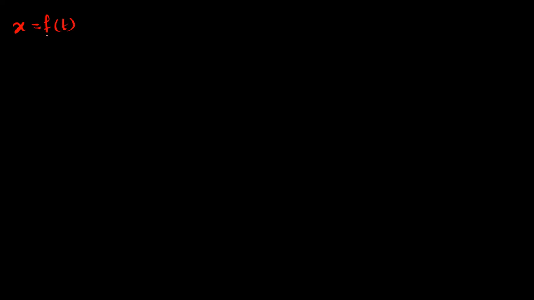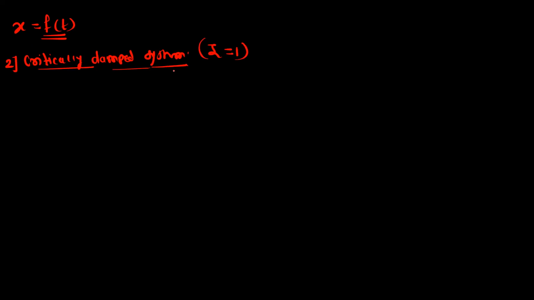So now we have just found out the complete equation for the overdamped system, which is x as a function of time. So similarly, for the second system, which is the critically damped system, where zeta is equal to 1. So for zeta equal to 1, both the roots, if you refer to the roots d1 and d2,